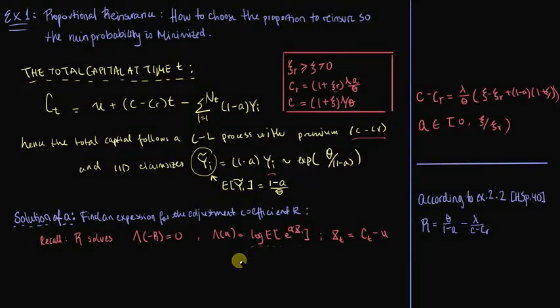Now we finally start solving some stuff. So let's consider A, where we are asked to find an expression for the adjustment coefficient R. Now, since we know that we're just dealing with a Cramér-Lundberg process where the net premium is given by C minus CR, and we know the distribution of the IID claim sizes to be exponential, there is actually a nice result that we can recall, which tells us that for a Cramér-Lundberg model with exponentially distributed claims,